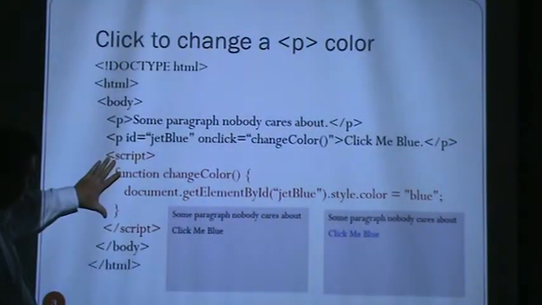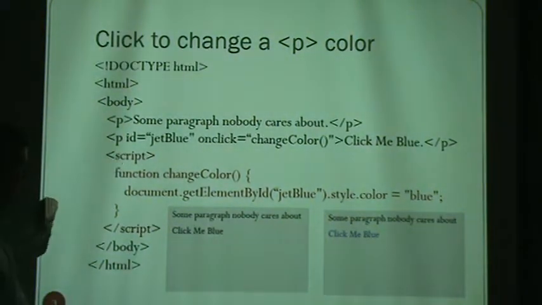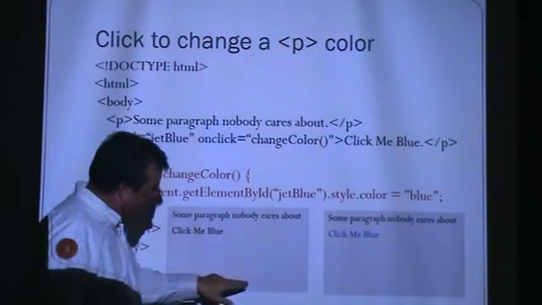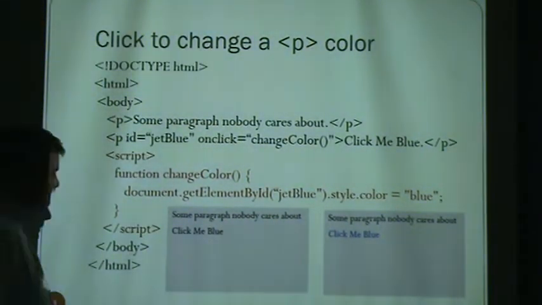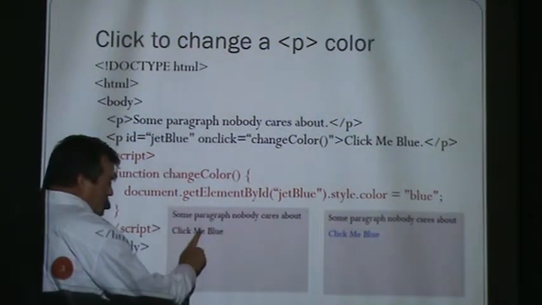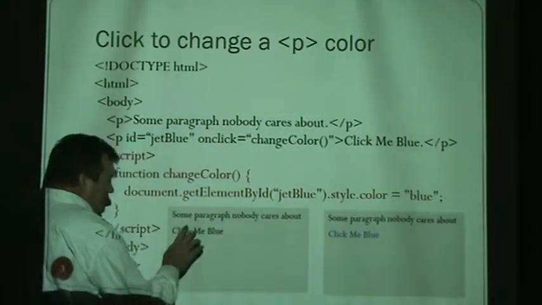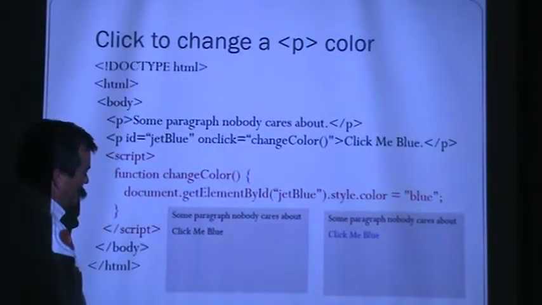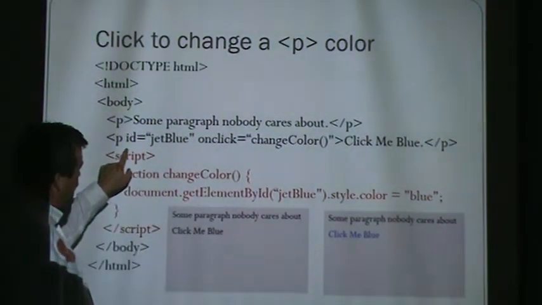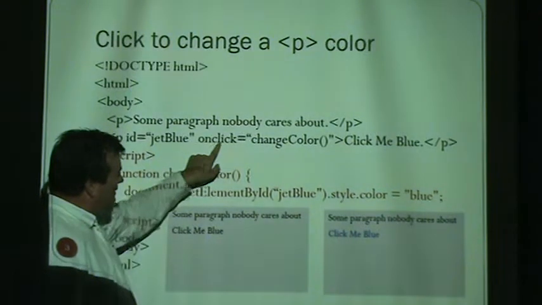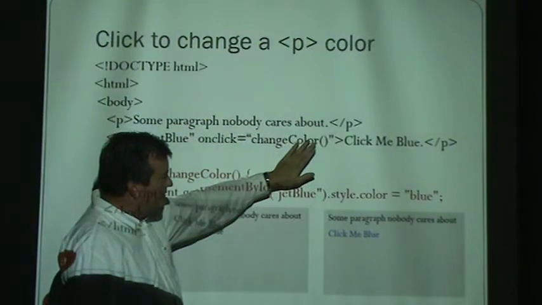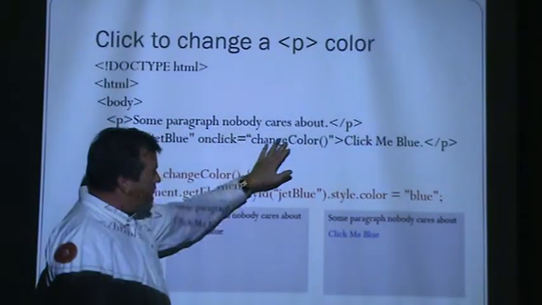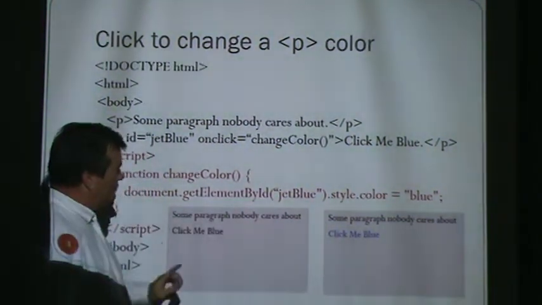And the script will not run just because a function's sitting here. You have to actually call it to make it run. So the web page would load like this. Now, what would happen if you put the mouse on this click me blue? If you put the mouse here and you clicked it, what would happen is, because you gave instructions that on click, go look for a function called changeColor. So it's going to go look for a function called changeColor. So if you clicked on it,